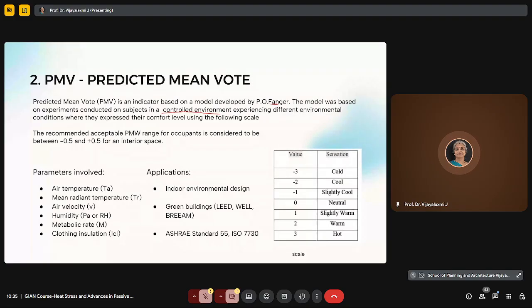So the parameters used here are air temperature, as I have already mentioned twice, mean radiant temperature, air velocity, humidity, metabolic rate, and clothing insulation. And this is used for indoor environments in green buildings, and ASHRAE standard 55 and ISO 7730 also use the PMV